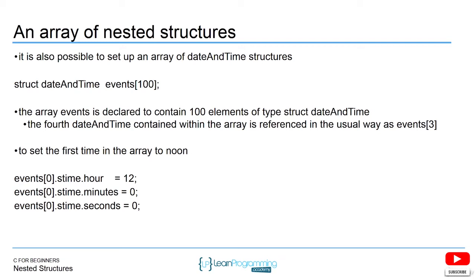If events was not an array, and you just wanted to access the single structure, or the hour structure of time, you would just get rid of the brackets. So the arrays do not really complicate anything. You just have to be really familiar with those square brackets and the indexes. Here we're setting the minutes to 0, event sub 0, so we're setting that first element,